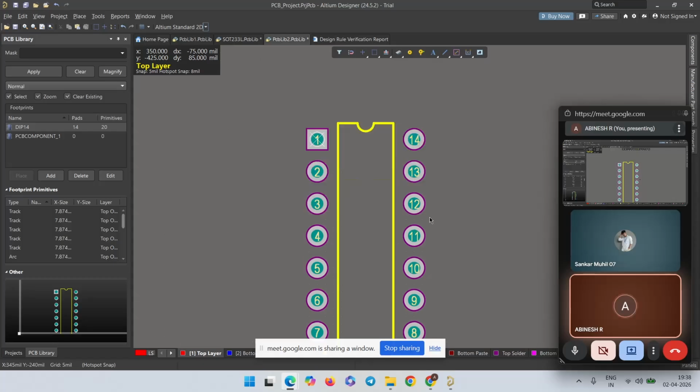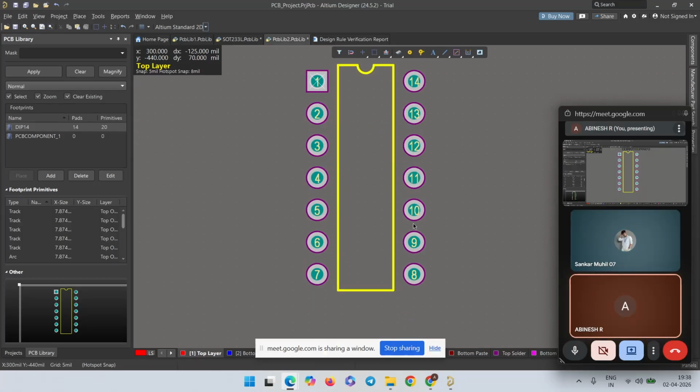Shankar, you can see that? Yeah, it is a dual inline package which has 14 pins. Yeah, 14 pins: 7 pins on the left and 7 pins on the right. Okay. Okay, sir. This way you can